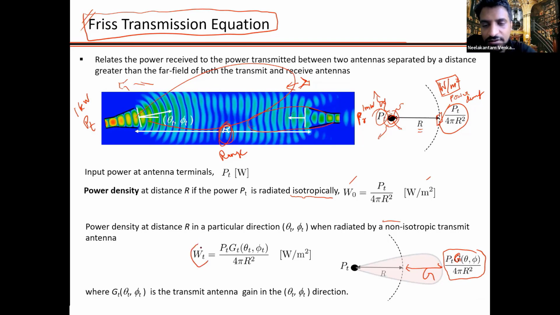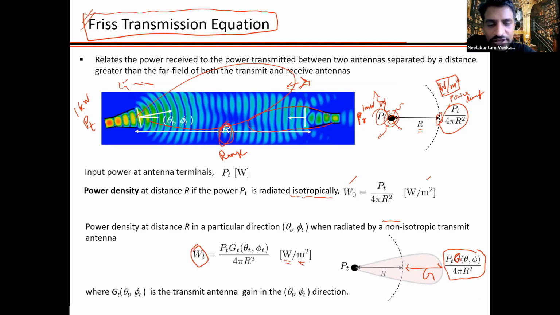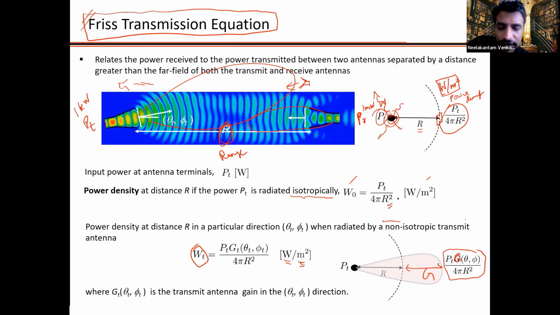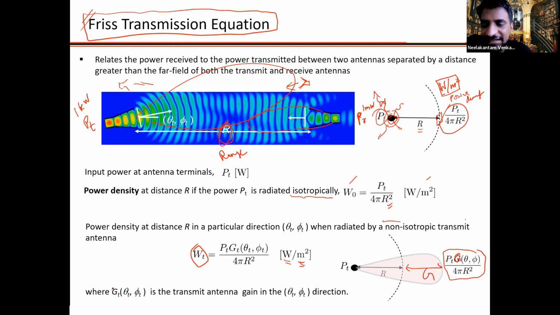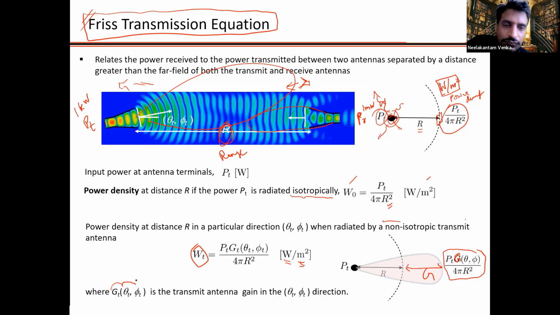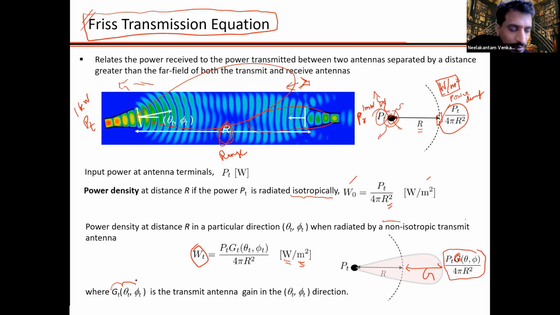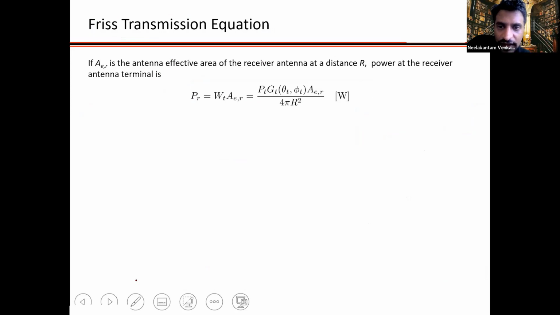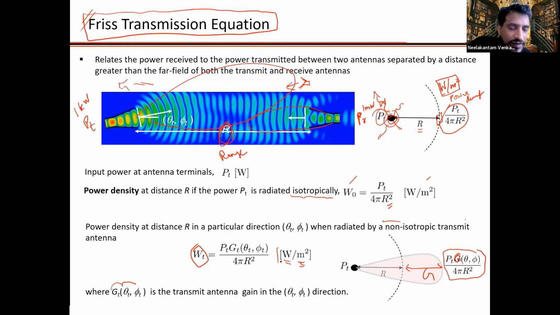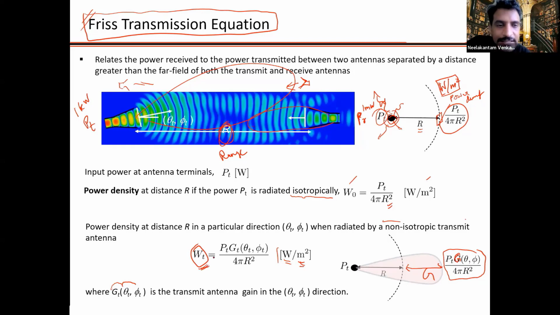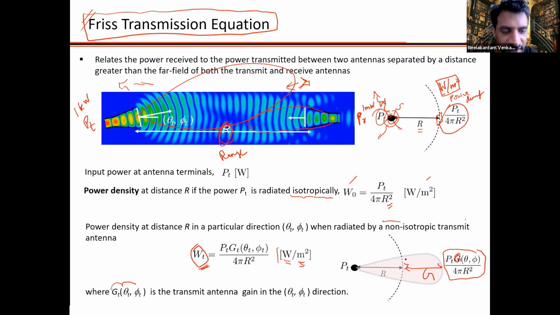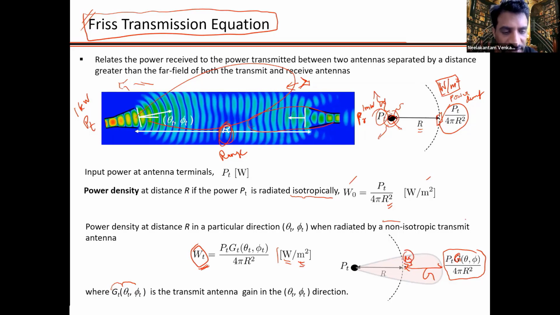So this becomes the transmitter's power density, which is watts per meter square. Notice that there's a 1 over r square dependence, and G being the gain in that particular direction that the antenna is looking. So this is the power density that the receiver sees. If I place a receiver in this direction, let's say the RX is placed at this point,